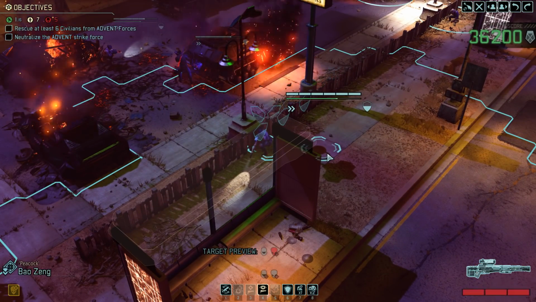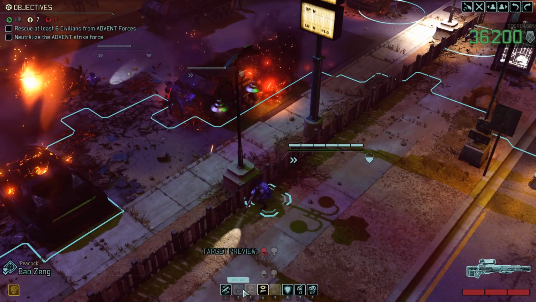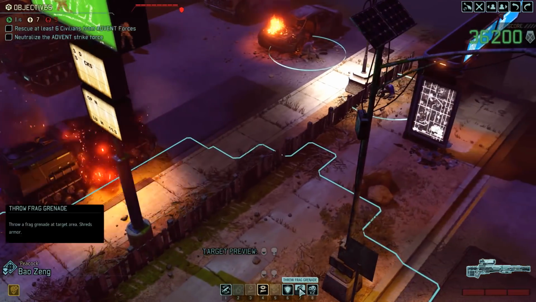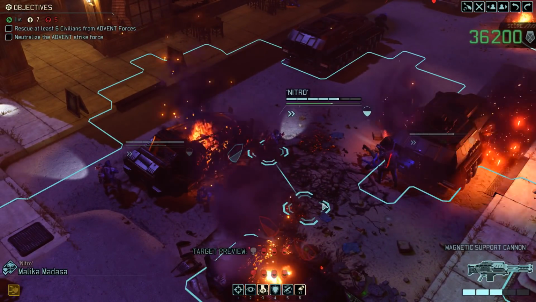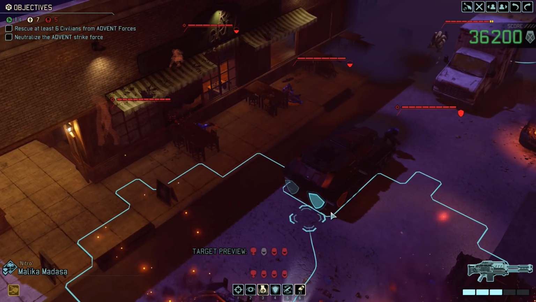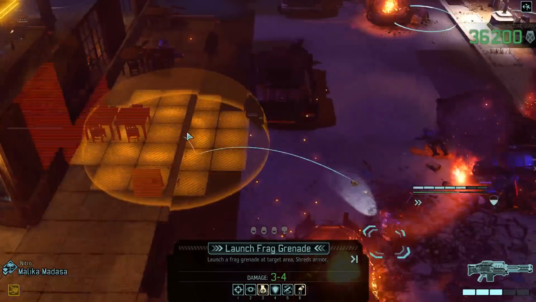I don't think we know what we want to do with her yet. It could be reload and move. It could be... We actually don't have a pistol shot on anybody right now. It's almost certainly just reload and move, but we'll figure it out once we have a better handle on things here. Let's see, I could use my grenade to...